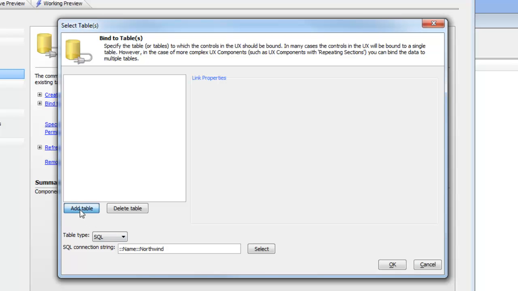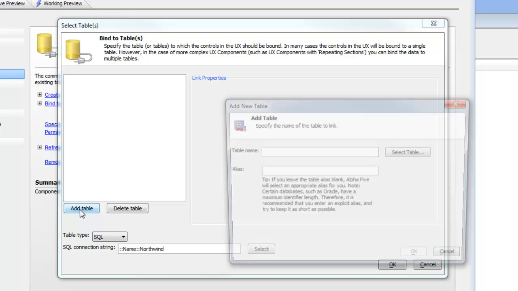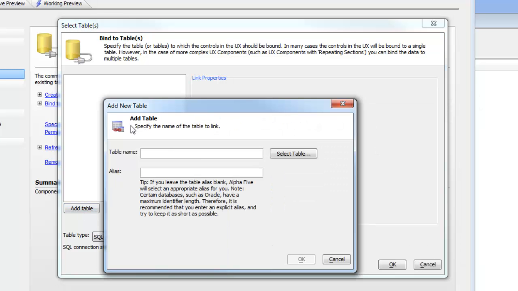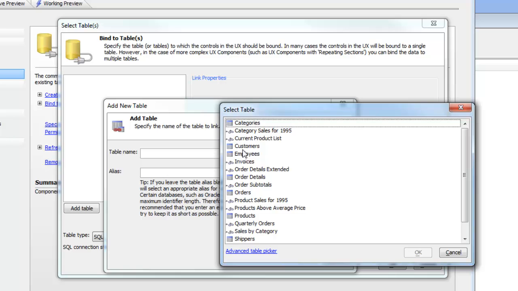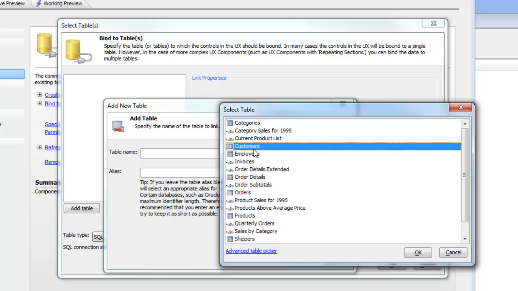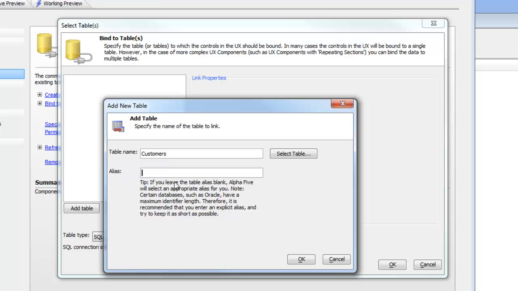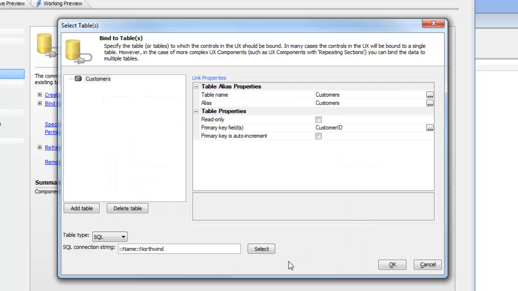So we're going to go ahead now and click the Add Table button, and then the Add New Table dialog comes up, and click on the Select Table button, and then you can choose now the Customers table in the pop-up dialog that appears now. So select Customers and then click OK, and then the alias we can just leave that blank. The alias will be filled in for us automatically if we leave it blank. So go ahead now and click OK, and now we have selected the first table that we're going to be